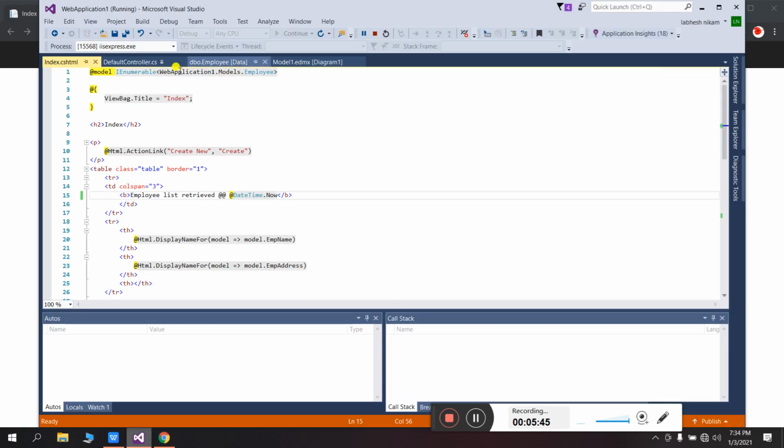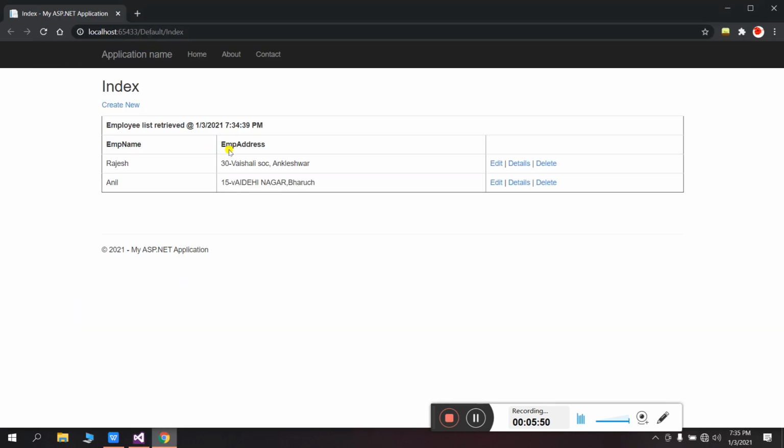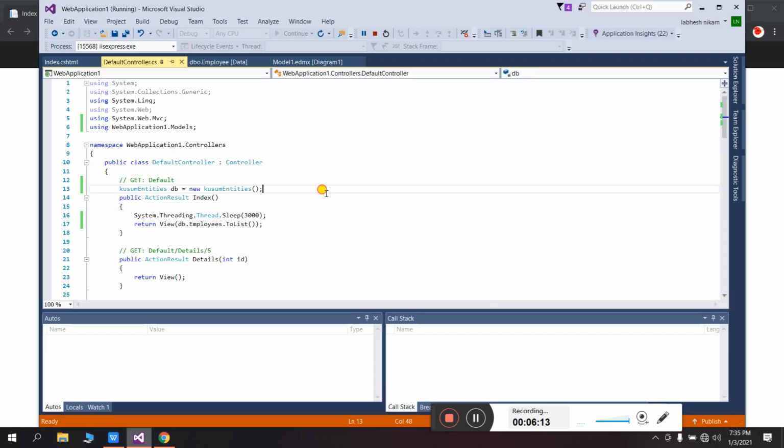You can see that after running the application with this sleep inside the controller, the page will sleep for 3 seconds, and every time it will receive the data after 3 seconds, without the cache attribute. You can see the data is changing every few seconds.